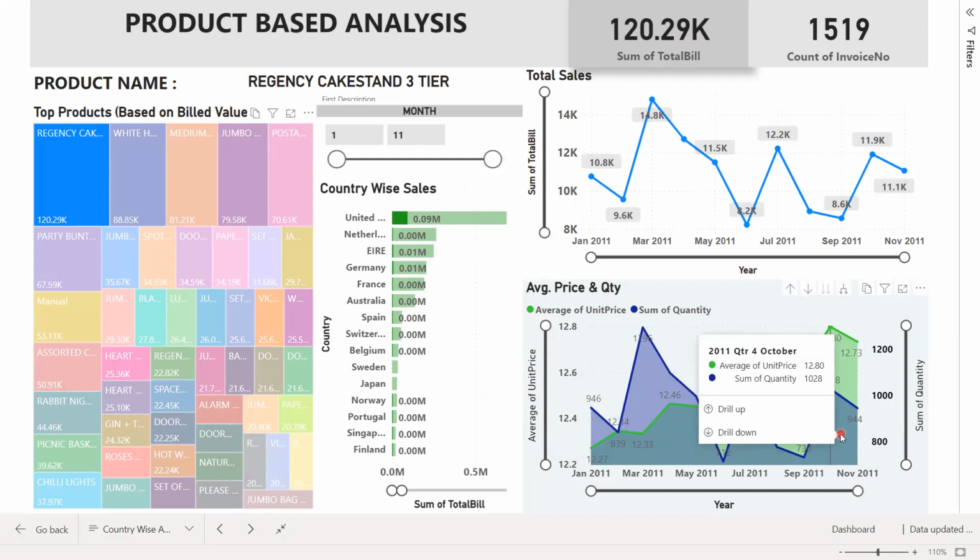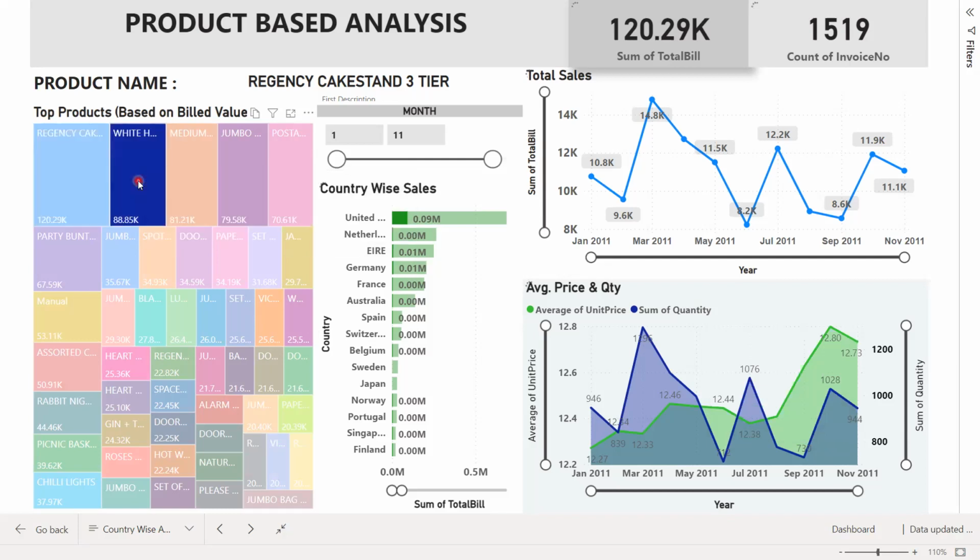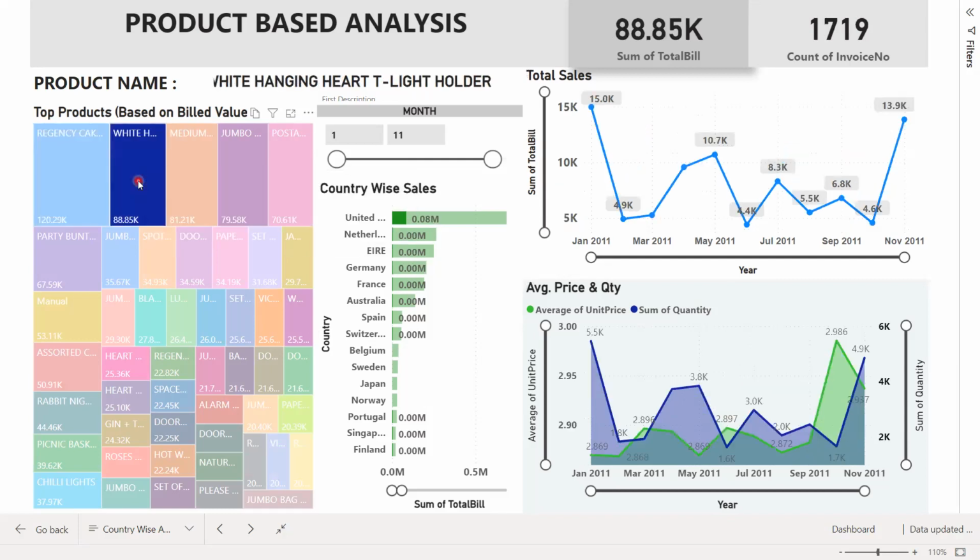But this analysis can be done further based on the data available with us: what is the reason this quantity is getting low, and is the price playing a role here? Accordingly, we can also find out item-wise details of other items like white hanging heart key light holders, which also had frequent demand in the market for a long time throughout the years. Again, the price has increased after some time, and for this item also,